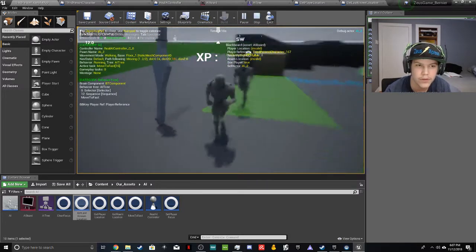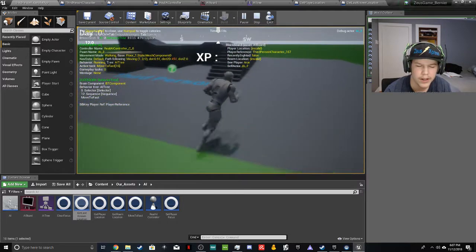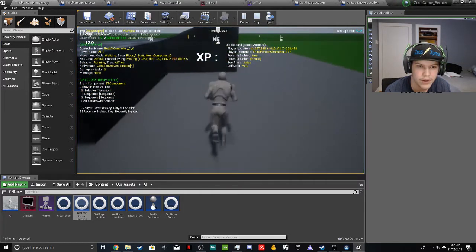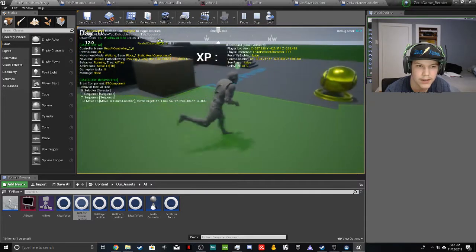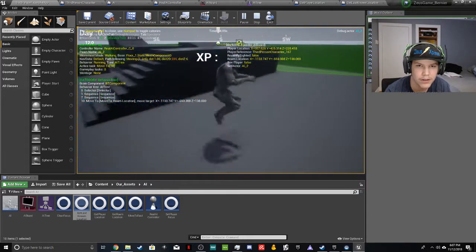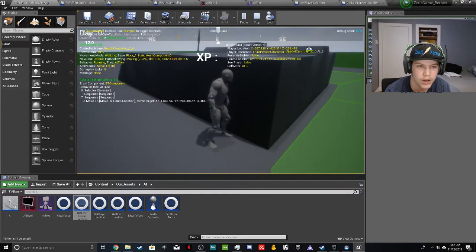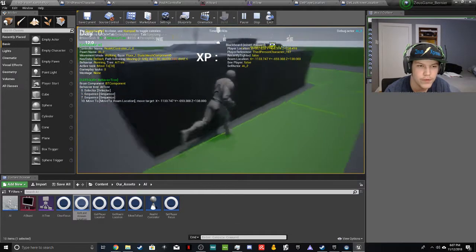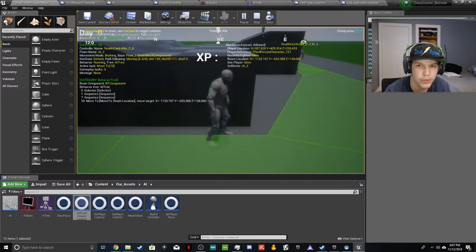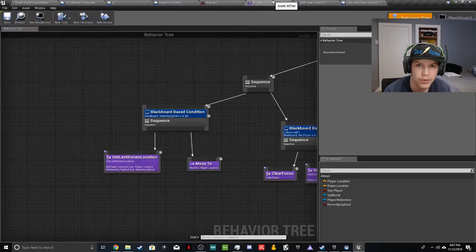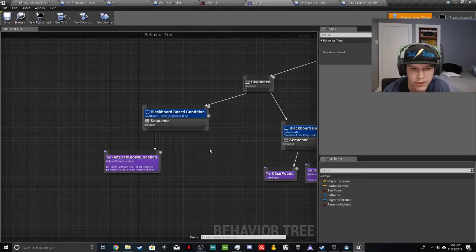Let's see if that works. Okay, player reference, that's good. There we go, now it's doing that. And, oh, I guess he saw me again. Oh, it's like that. But now he's just walking. So now he's in move to roam. Okay. That's a problem. So, I mean, this is still working, so that's okay. But,